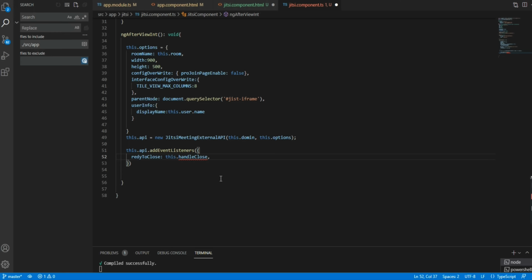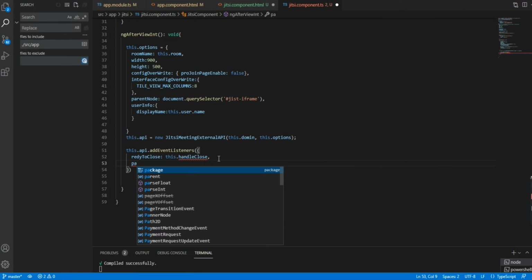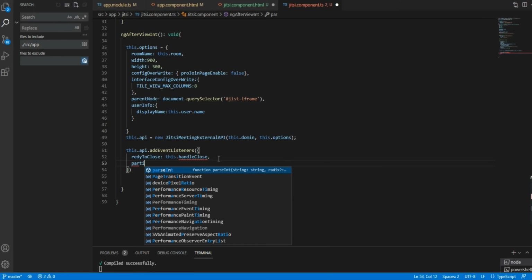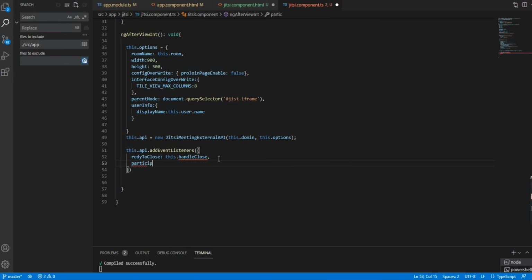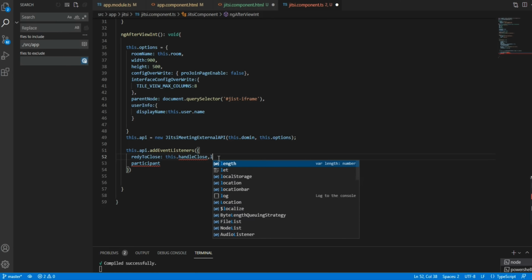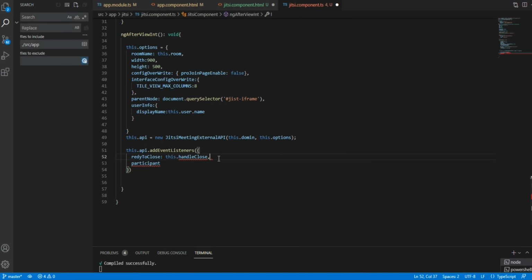We need to give the handleClose functions here. One second, I will write the functions first. Okay, first we will write this thing, later we will write the functions.